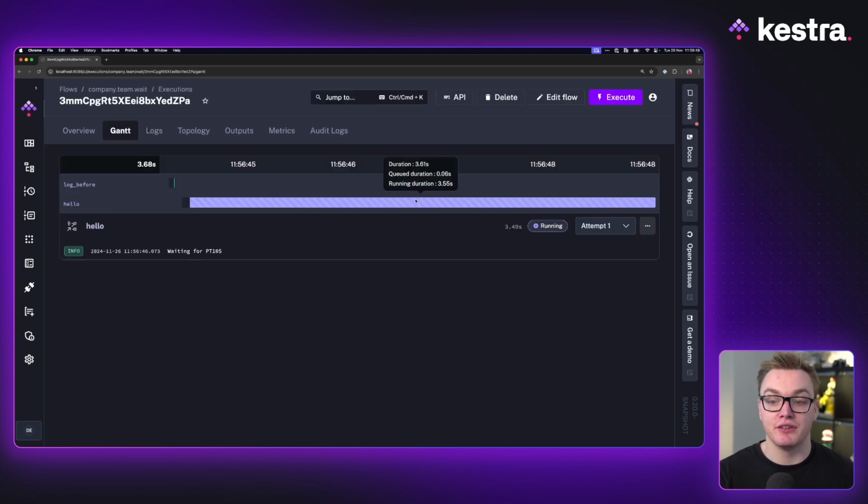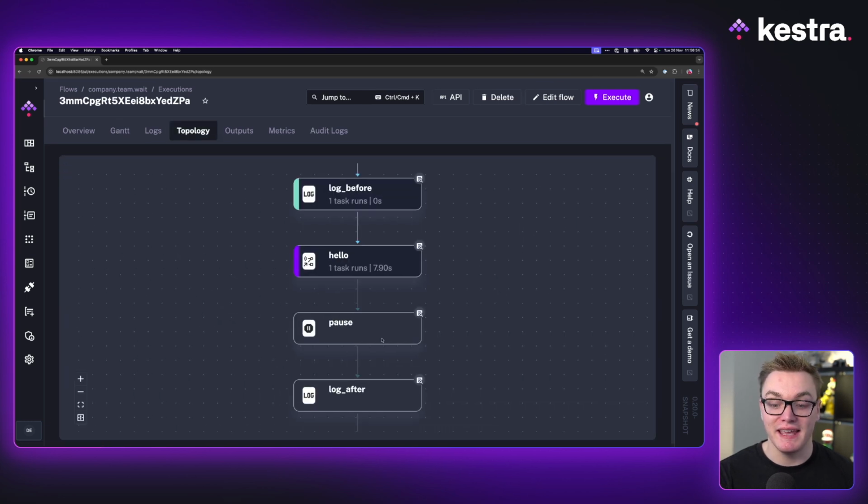So now if I execute this, we can see that it's waiting 10 seconds, but it will hit our pause task in a second, where that will then stop it from running the log after until I manually resume it. The benefit here is now you don't have to add that pause task directly to your workflow. You can do that on the go, because some workflows don't need a pause task, but you might run yourself